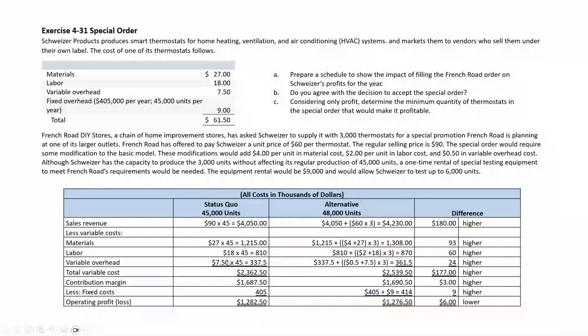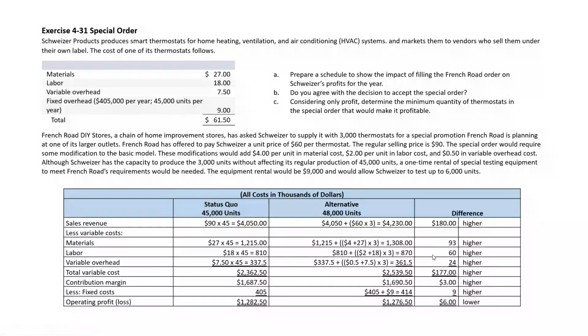Ultimately, I'm going to look at all of the rest of the costs. Labor, let's walk through these. $18 per unit times 45. Current status is 810, or $810,000. To produce those 3, or 3,000, additional units, we're not only going to take the $18 per unit, again, a modification of $2 per unit, so that's going to be $20 per unit times 3. Added to the 810 is going to bump us up to a direct labor cost of 870,